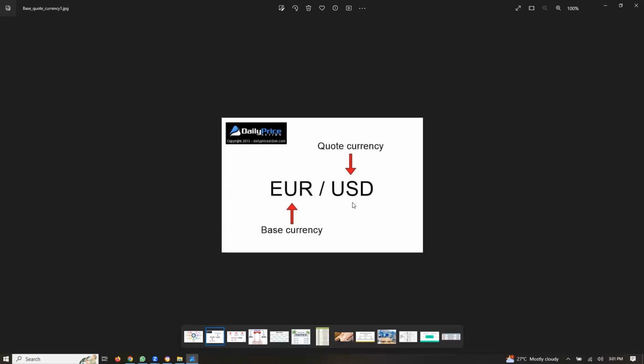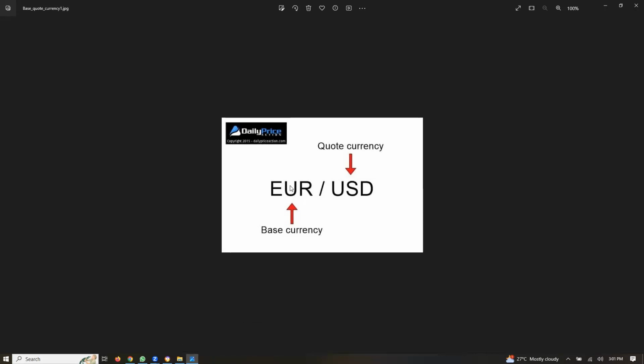What this simply means is that if you have one unit of the first currency and you want to exchange it for the quote currency, there will be an exchange rate for that. For example, maybe you have EUR/USD here, and the exchange rate is, let's say, 1.2580. It means that if you have 1 euro and you want to exchange it for US dollar, the exchange rate will be 1.2580 at that moment.